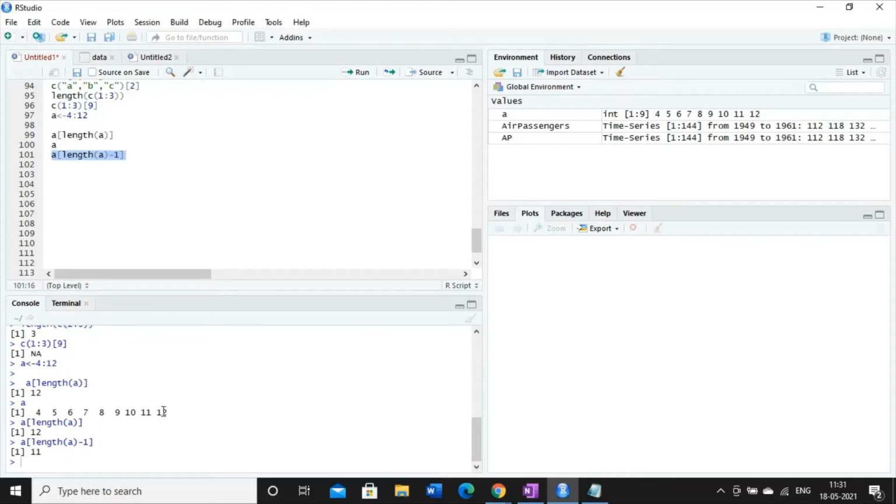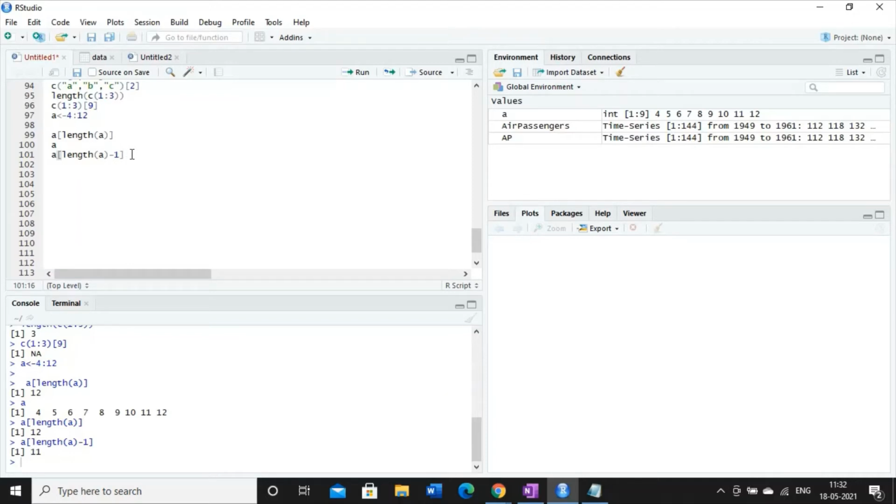Here the last element is 12, and -1 means I want to access the second to last element. So that is 11. This is how we can access a proper index of a specific vector of unknown length.